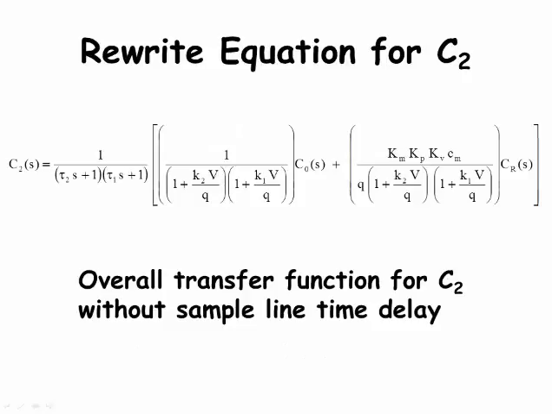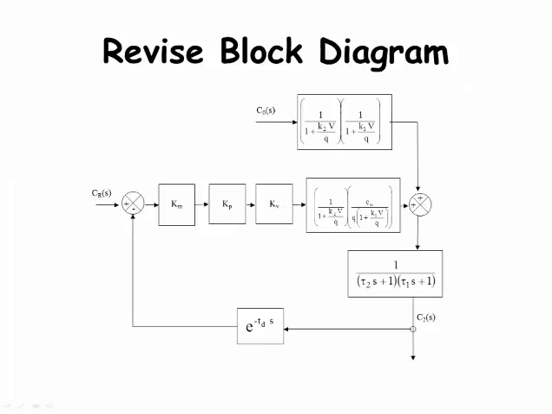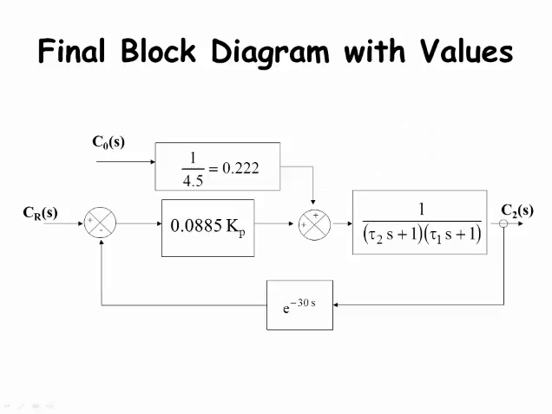This is the overall transfer function for the bioreactor without the sample line delay. Otherwise, all of the other transfer functions are included. This slide shows the block diagram that is produced based on the overall transfer equation from the previous slide. The block diagram still includes the sample line delay. If we put in some of the data for the bioreactor, we can produce this simpler block diagram. There is not a strong reason for not incorporating the values of tau rather than leaving the tau values as variables. The last thing to do is to add the time delay term to our transfer function.